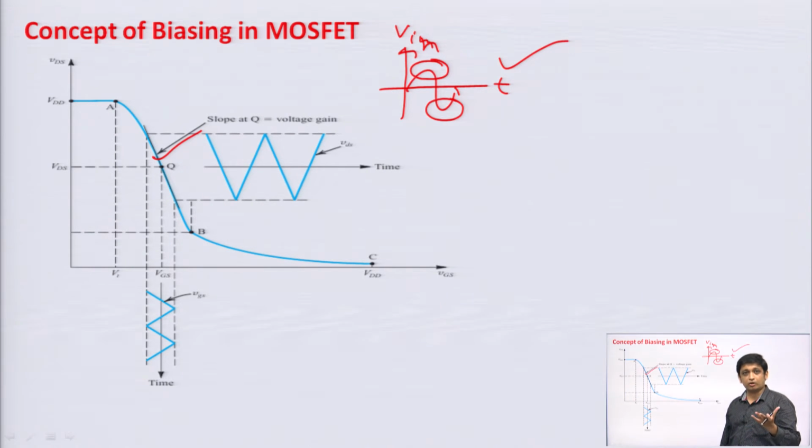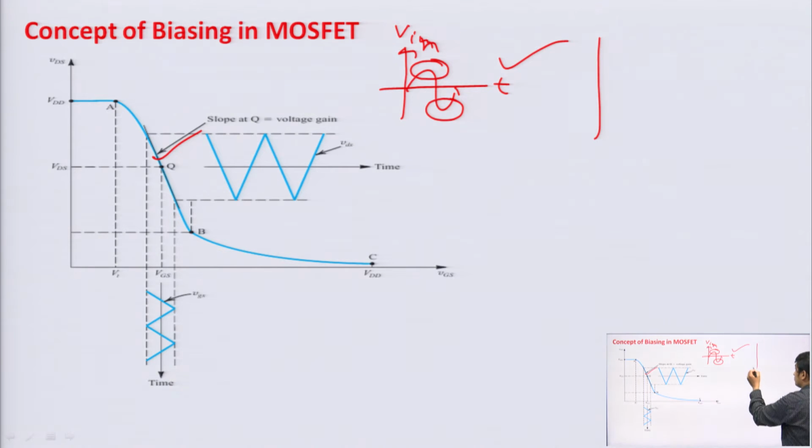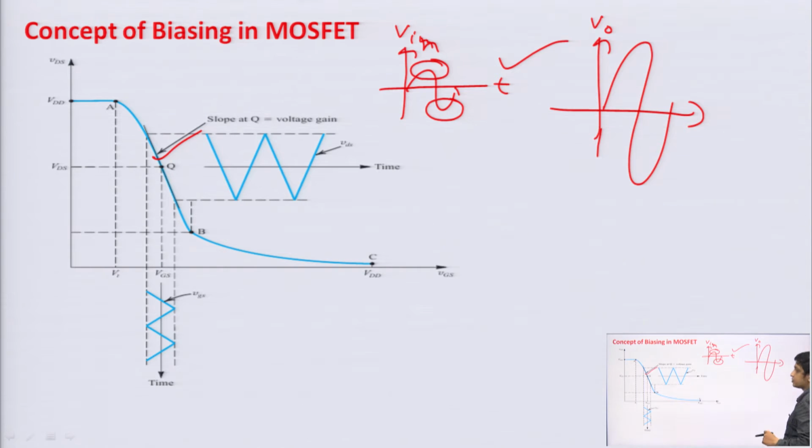When we talk about amplification, we talk about linear amplification. If we want to amplify this signal, what do we want at the output? We want the amplified version of the input signal without changing the shape. If the shape is changing, we may lose information, and that is not acceptable. There should not be any distortion at the output. The shape of the output signal should be similar to the shape of the input signal, that is the purpose of an amplifier, fine. So we need this DC biasing.